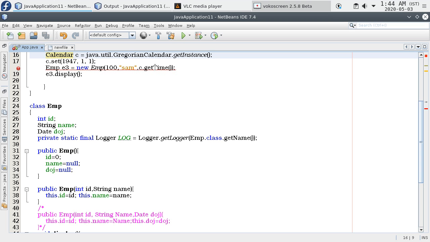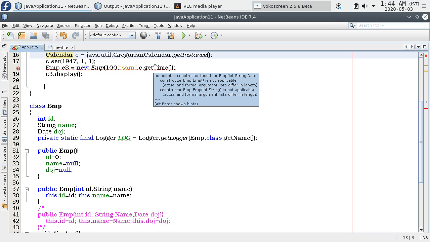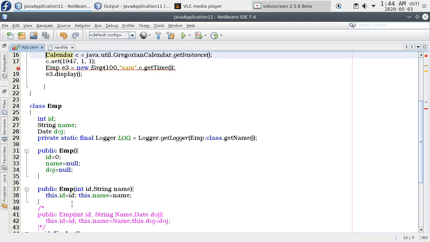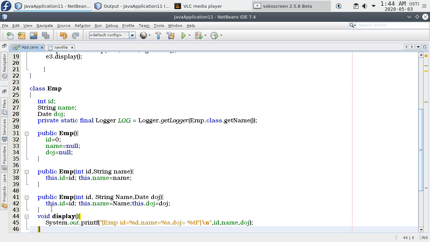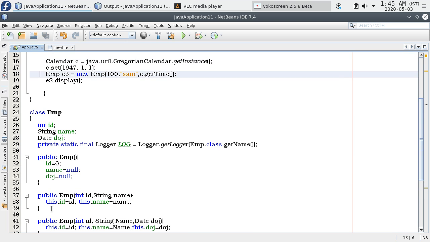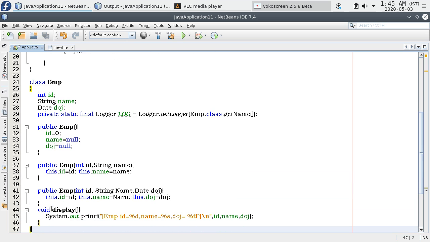It doesn't find any constructor which takes 3 parameters, so that is int and string and date value. So let's remove this comment. It found now because I am using NetBeans. You can use Eclipse or IntelliJ, whatever you want.